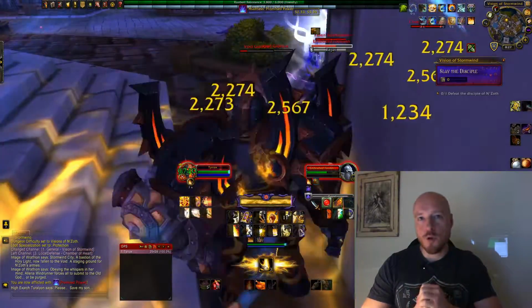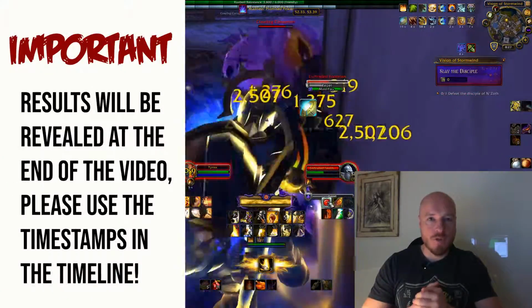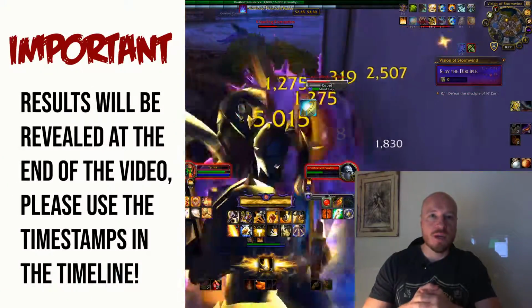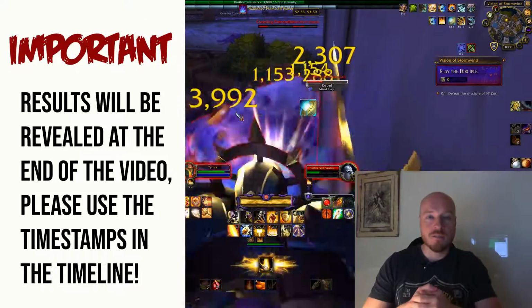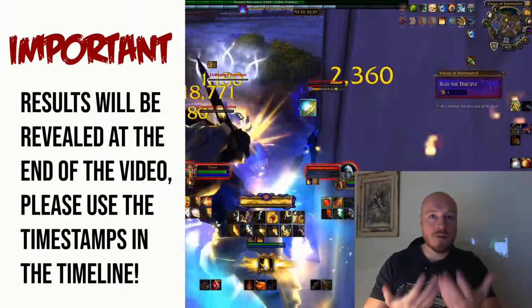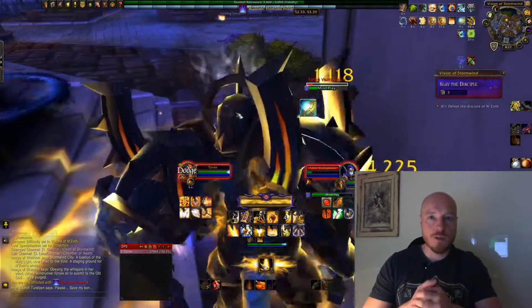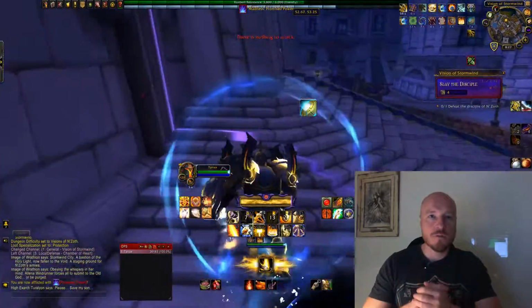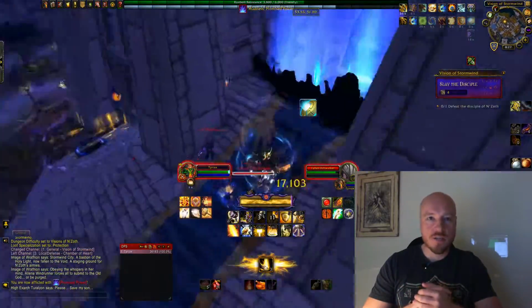As just announced to you in the intro, we are going to be looking at the three most prominent corruption effects that you can get in patch 8.3, and this information should be relevant for you at the very least until Shadowlands launches. It is especially relevant for you because right now, in this stage of the game,